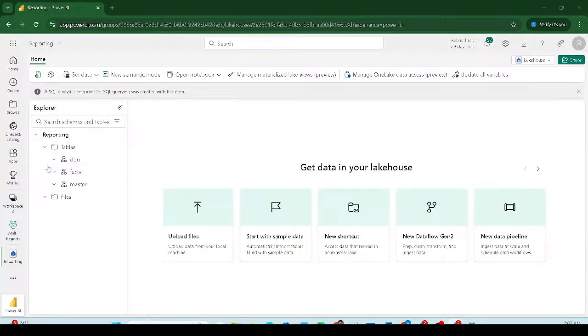Now you got the schemas. What are you going to do here? You are going to bring in tables, shortcut tables. Now, why am I doing so? Why am I creating this shortcut lakehouse? Why can't I use the existing data lakehouse? So typically, we usually separate out our reporting schema and